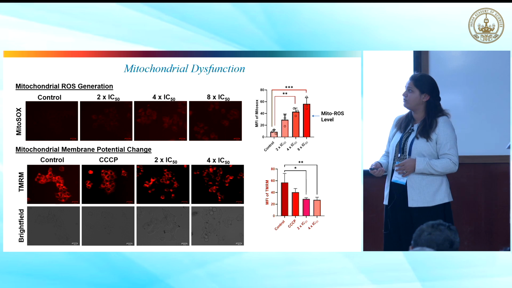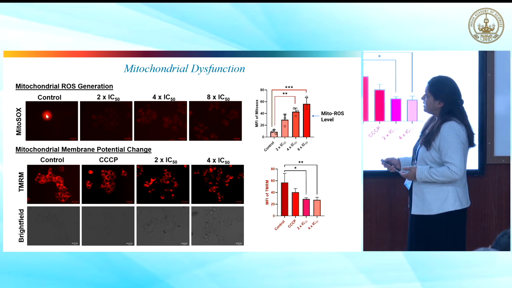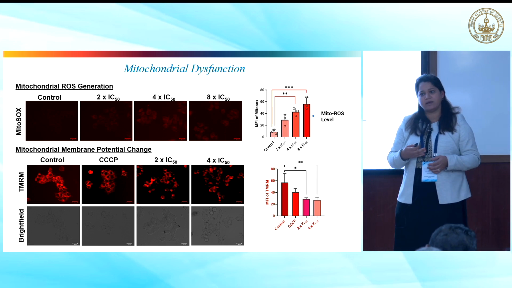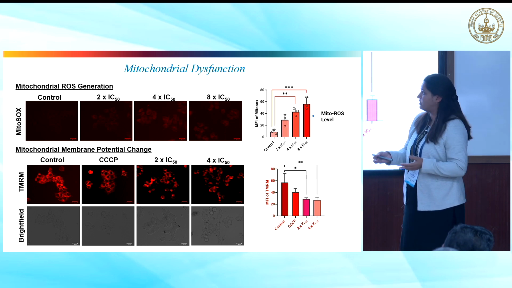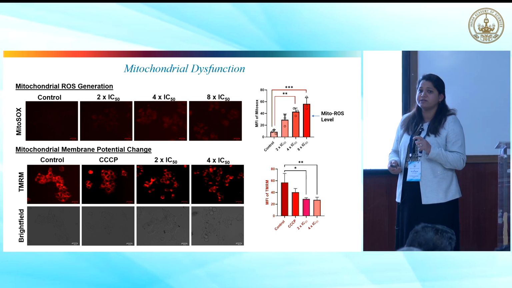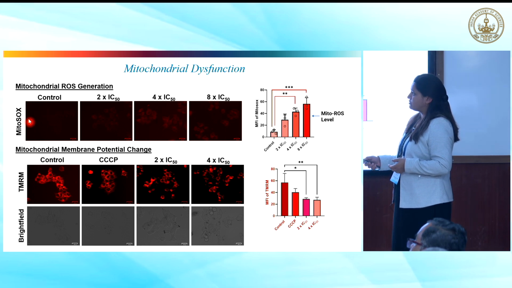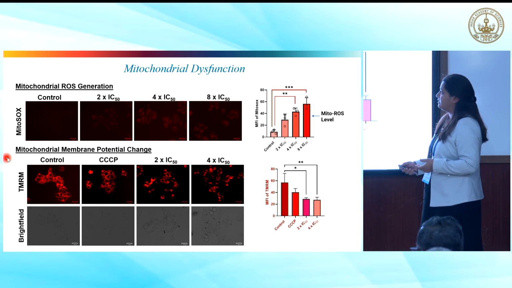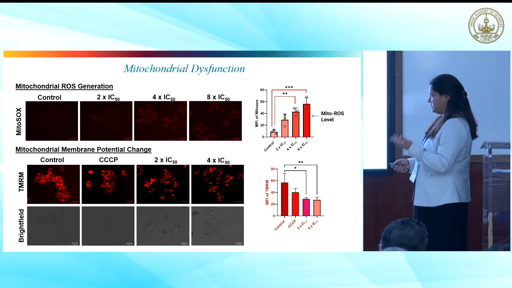In this cascade of events, it also causes ROS generation inside the mitochondria. Now ROS, or reactive oxygen species, can be of several types. It can be hydroxide, it can be peroxide, it can be superoxide. So it's very important to understand the identity of the ROS that is being generated inside the cells. Based on this MitoSOX experiment, we found that it's the superoxide radical which is being generated. And we saw the effect on the mitochondrial membrane potential also with these assays.